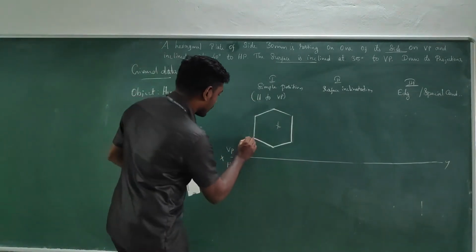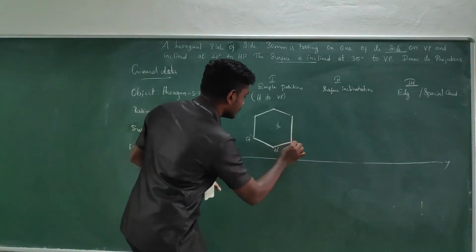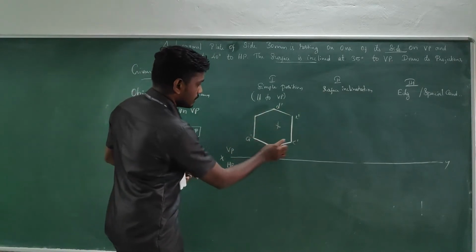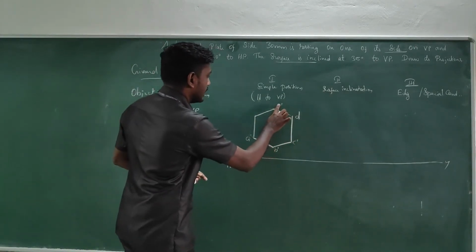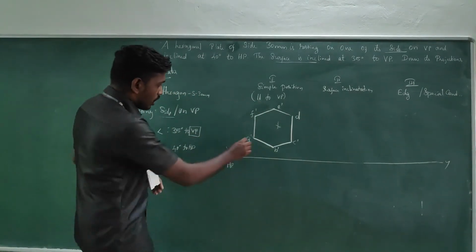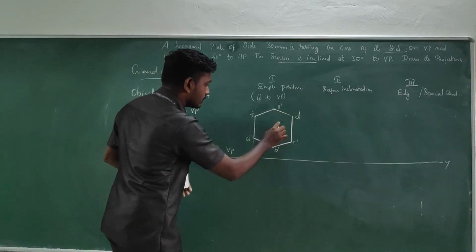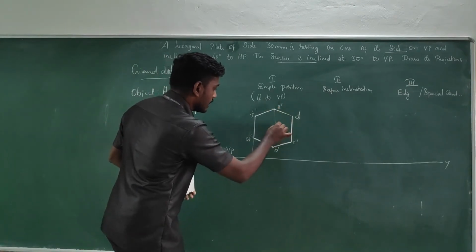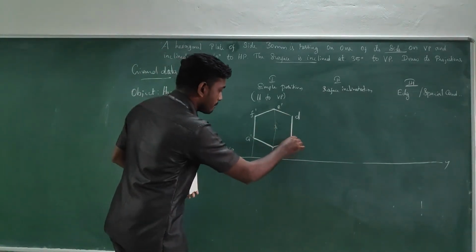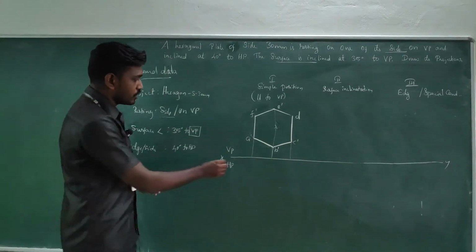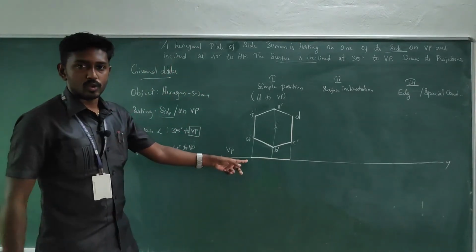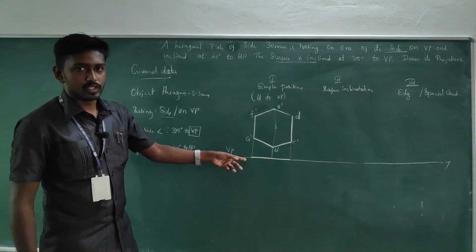So this is A dash, B dash, C dash, E dash and D dash, D, E and F dash. Get the projectors from each and every corner, so it comes like this. B and E will come in the same projector line. Get the projectors, and draw a horizontal line between the projectors on the H side, tracing in the top view, just a straight line.